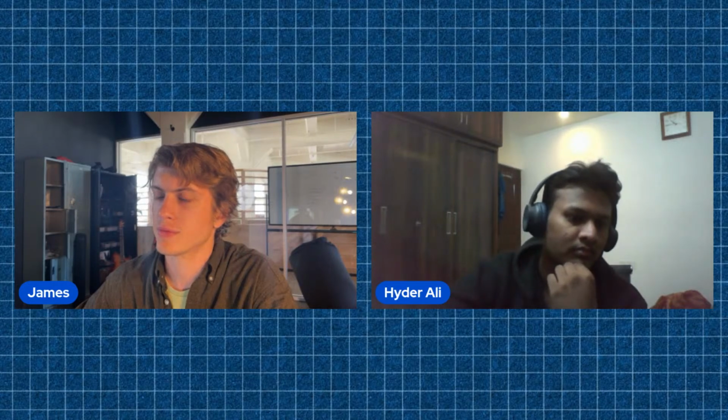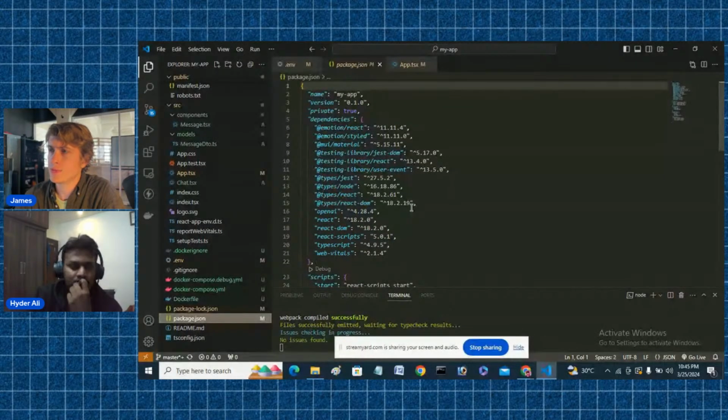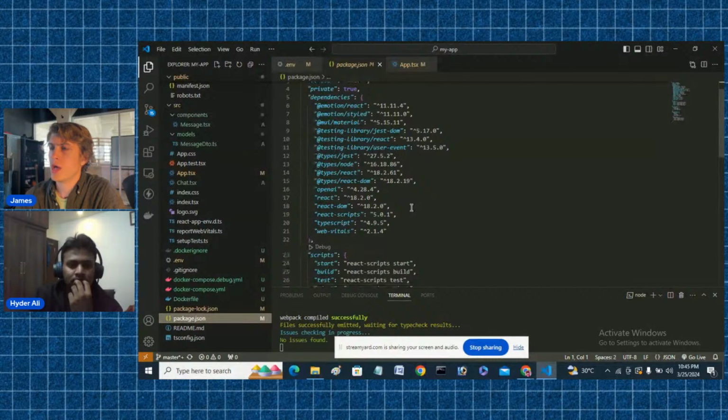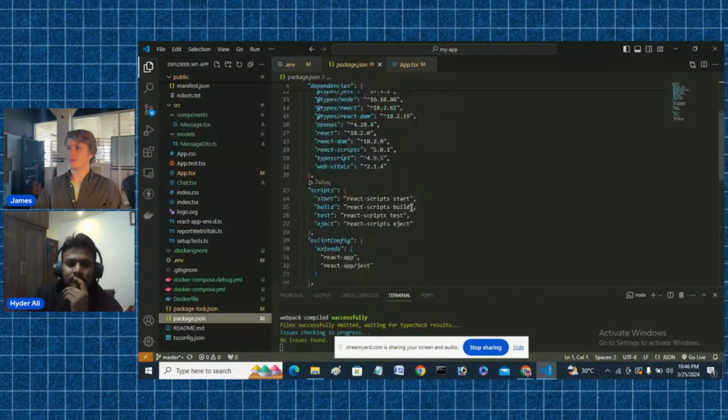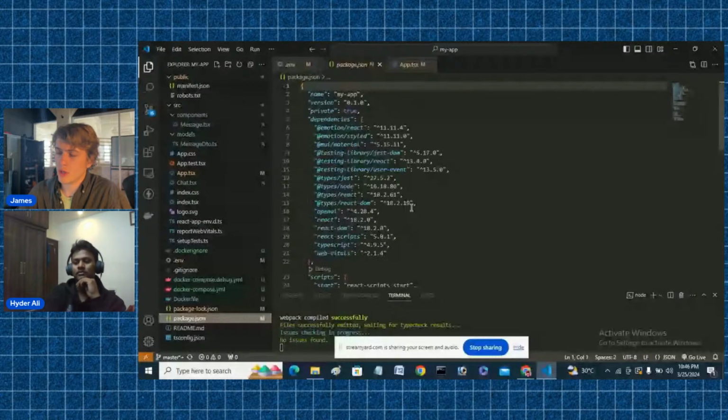Cool. So can you go to the package.json file? Yeah, let me have a look in here. So the problem is that the way you've got it set up, even though your key is in the .env file, once React builds this and you put it on the internet,